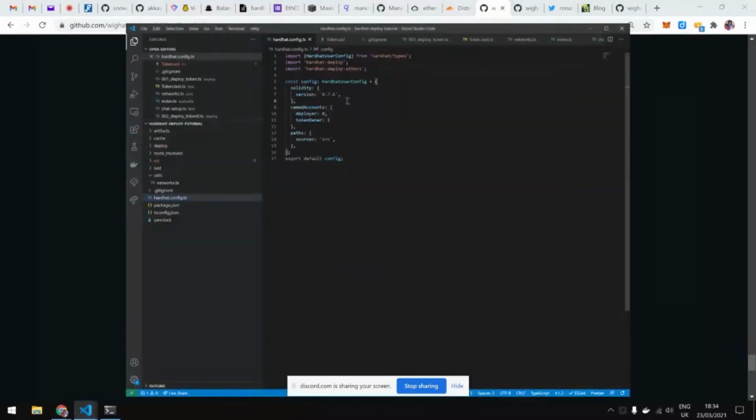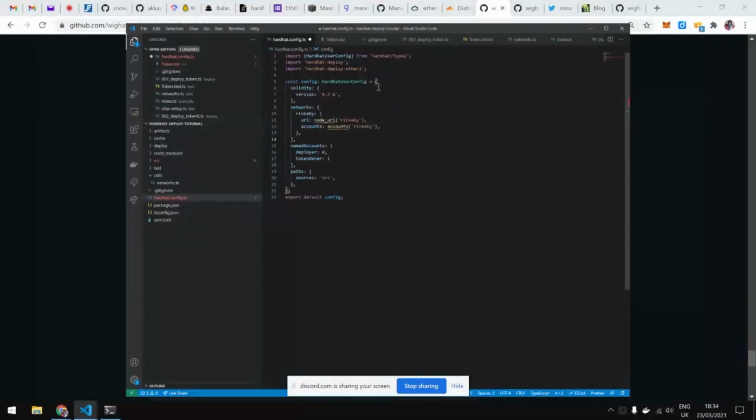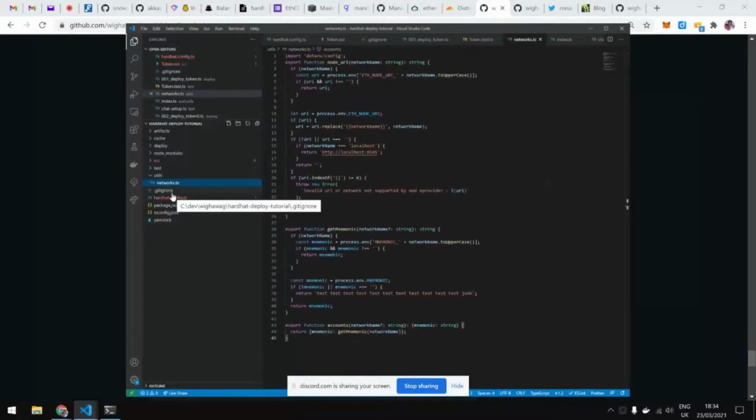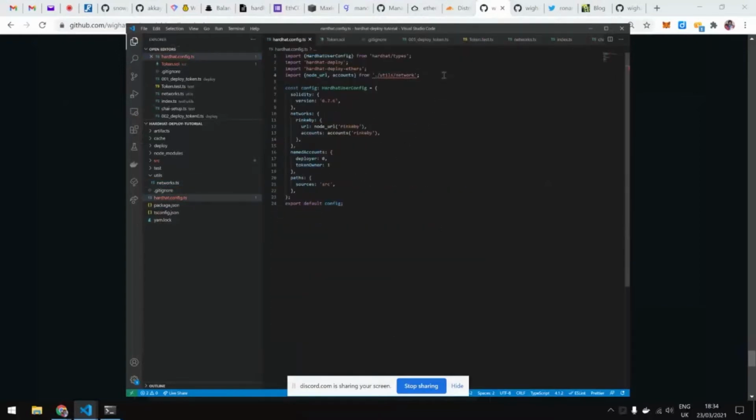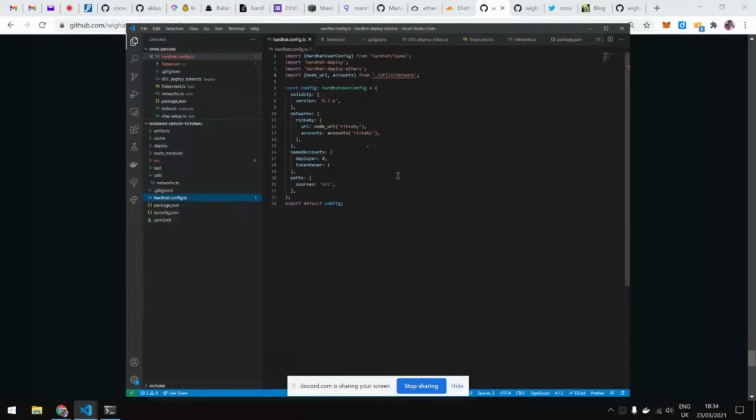In the network field here, I set up Rinkeby, and my utility function has these two functions called node URL and mnemonic.